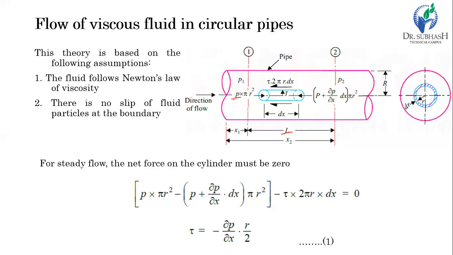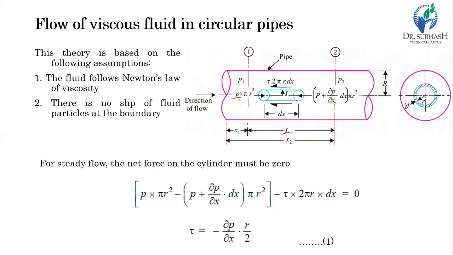If the intensity of pressure is P on the left hand side, then on the right hand side the intensity of pressure is other than P. It may be increased or it may be decreased. That we cannot say at this moment. That depends on the flow and the direction, and many parameters affect this flow. So let's consider the rate of change of pressure in the direction of X is del P by del X. So on the opposite side, the intensity of pressure is P plus del P by del X times dx. Dx is nothing but the length of the cylindrical volume.